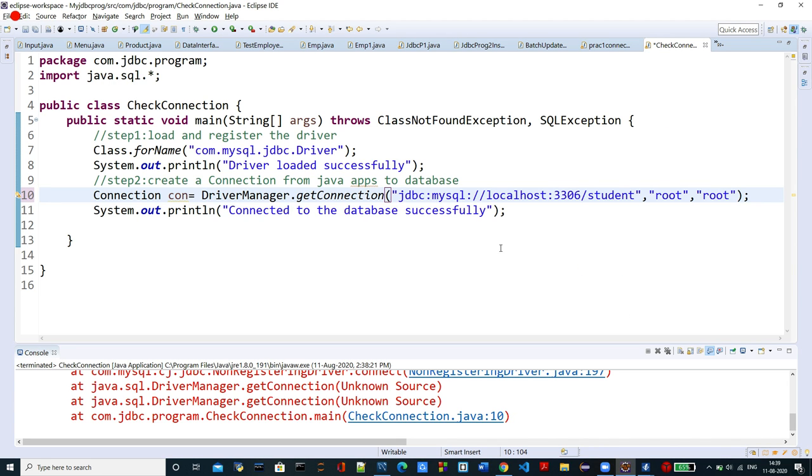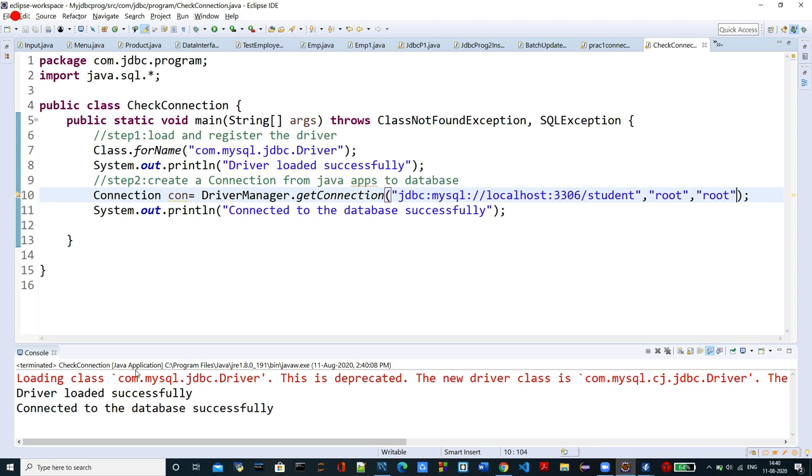So this getConnection method will accept this complete path, jdbc:mysql, which is an API, and then vendor name, and then the server port number, MySQL port number, and this one database name, and then separated by a comma, and then username and then password. Then I will save it and then I will check.